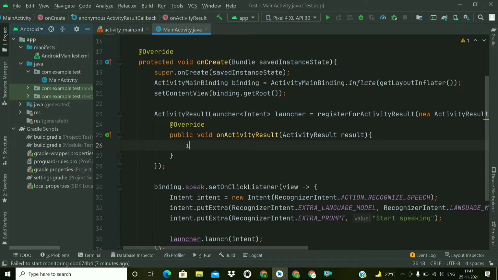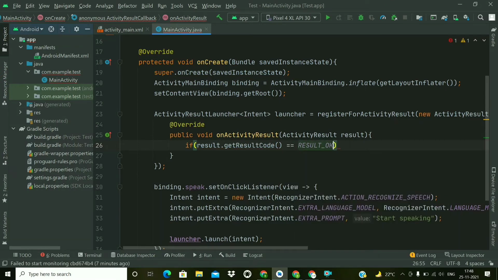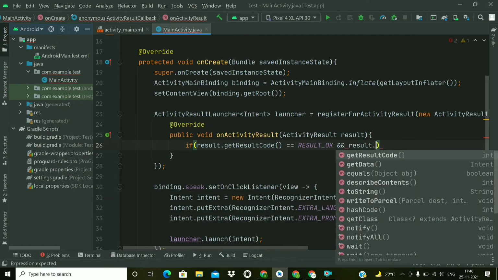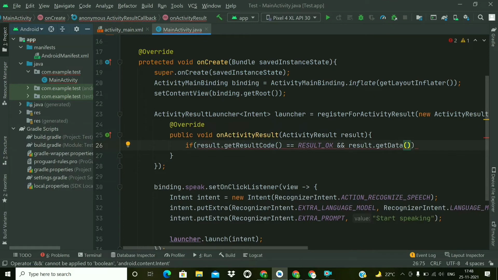So first we have to check the result code: result.getResultCode, if RESULT_OK, and we will also check that we have got some result data or not. So getData, and we will check that it is not null.